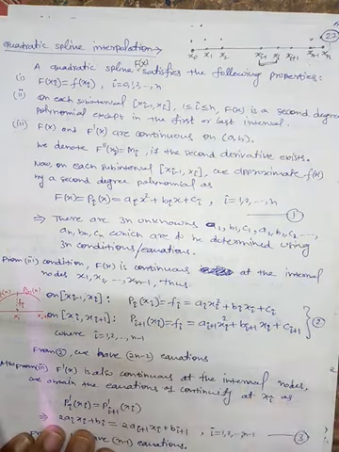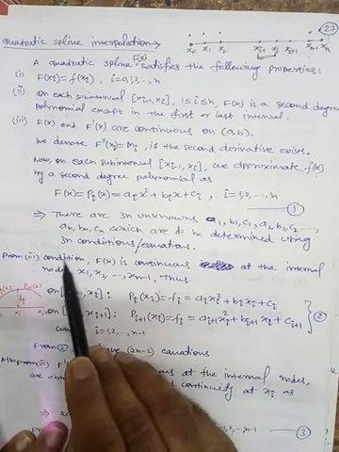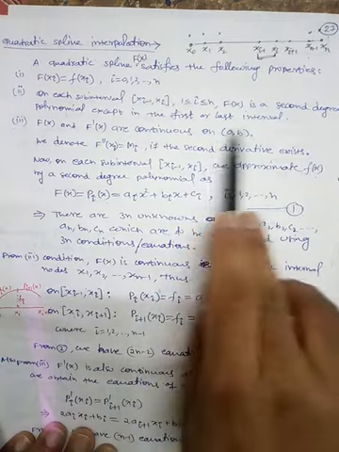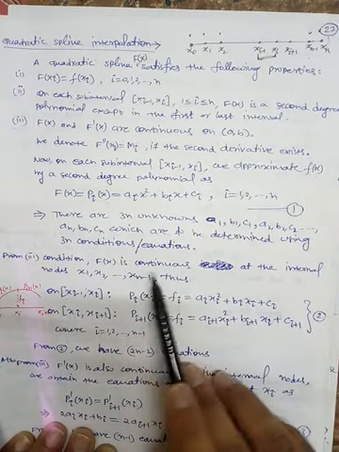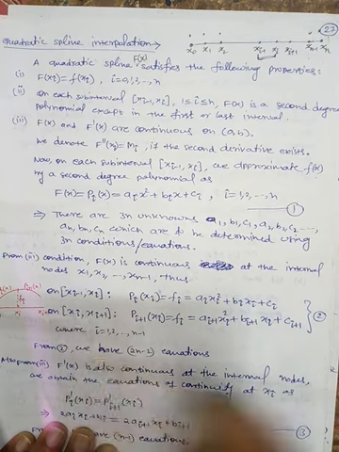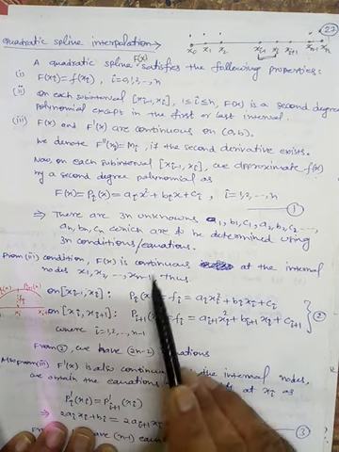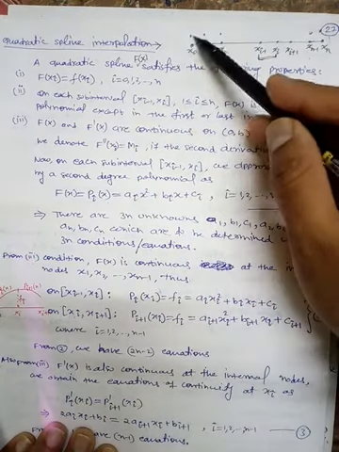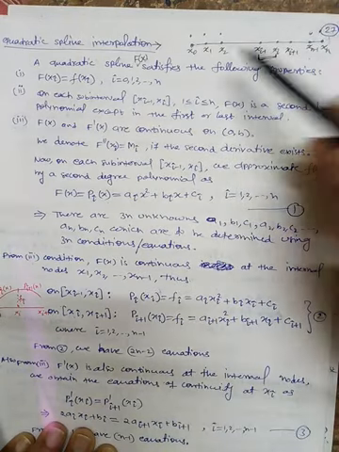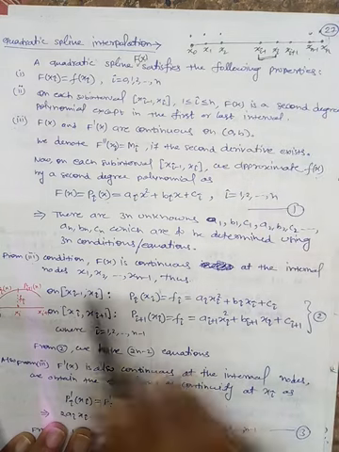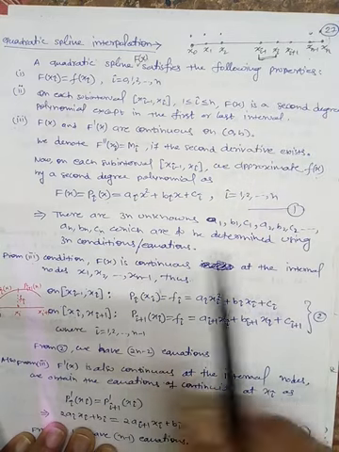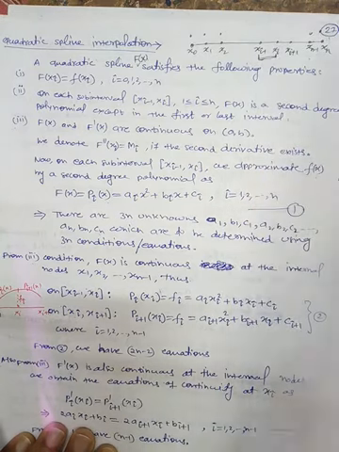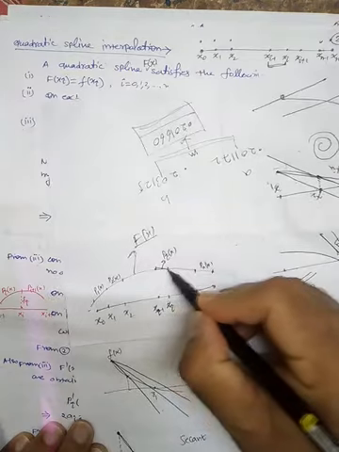So from the third condition, which says that F of x and F dash x are continuous on the open interval ab, this implies F of x is continuous at the internal nodes x1, x2, up to xn minus 1. These are the internal nodes, because here we have an open interval, so we will not consider x0 and xn. We will consider only x1 to xn minus 1. That's why these are the internal nodes. Now in this interval from xi minus 1 to xi, here or here, the polynomial is basically what?